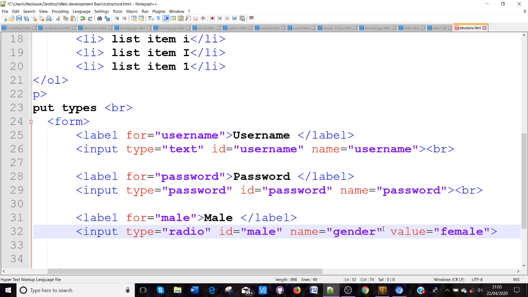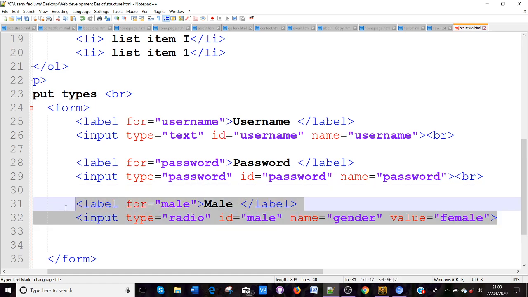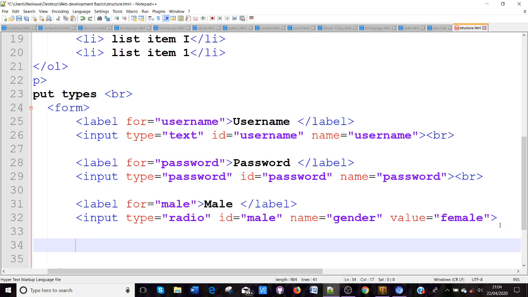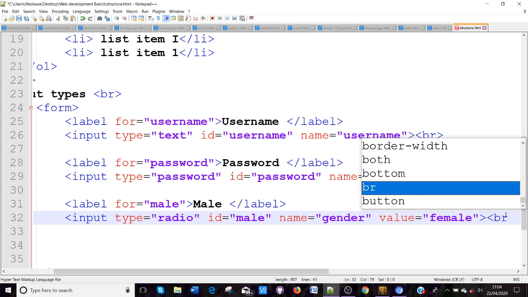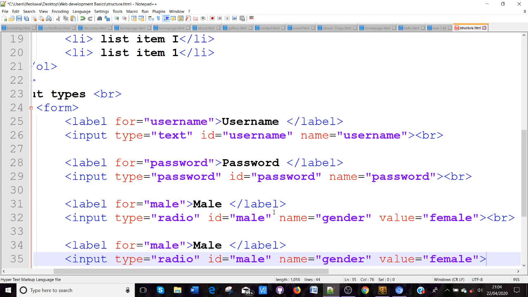So like if you created this form and the person selects whichever of the radio options, you see, because you can only submit one. If you have value, and let's say the information is supposed to be stored somewhere, maybe like in a database, that value tells the browser what is supposed to go and be stored in that database, which in this case, female. So let's do another one. Oh, I put female there, sorry. Male,